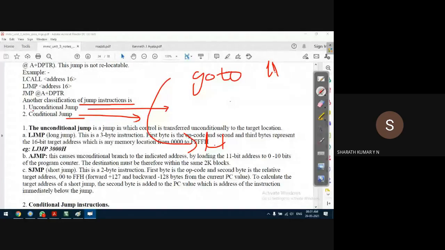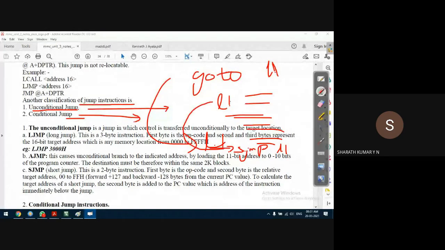Similarly, an unconditional jump instruction in assembly language programming will force the compiler to jump. Let us say these are the instructions, and here we have the short jump instruction. The short jump is an unconditional jump instruction, SJMP L1. L1 is somewhere here, for example. When this SJMP instruction is executed, it will force the compiler to jump to L1 and continue execution from the L1 label. L1 is a label, it's not an instruction. There is no condition for the label. You can give any name. That's not a problem.